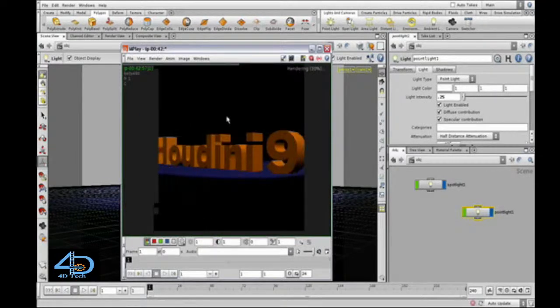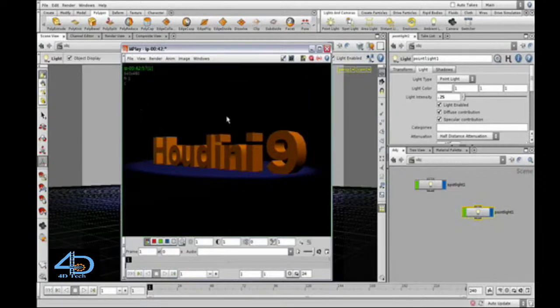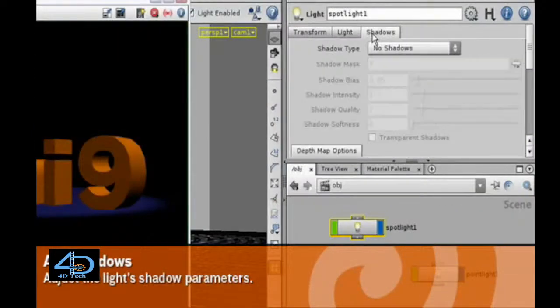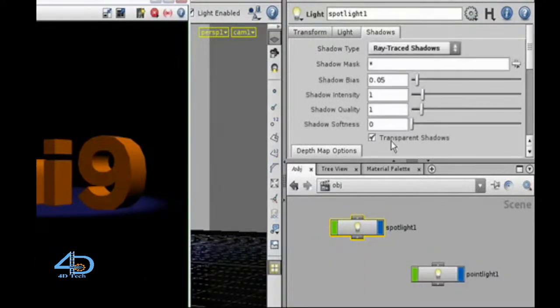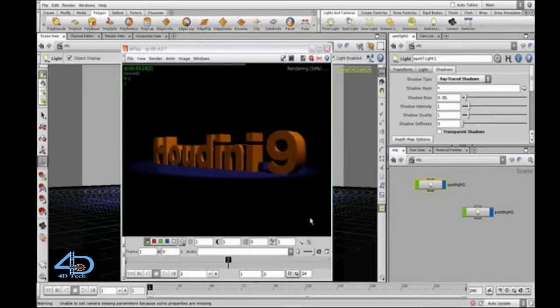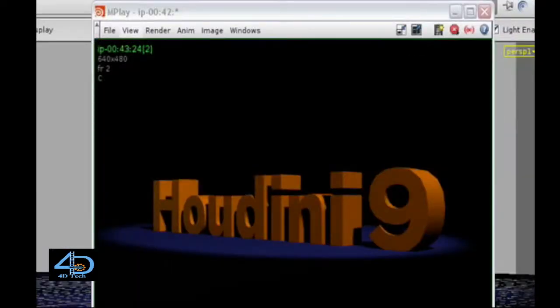Perfect. Now, we may want some more things going on, like for instance we may decide it'd be really nice to have shadows going from the light. So we can click on the spotlight here, turn on shadows, and just say ray trace shadows, we don't need transparency, and go Render and start another rendering from there. And that will kick up into here as well. It's a slight change because we now have the shadows. So there we've set up a simple rendering, which is a nice start,